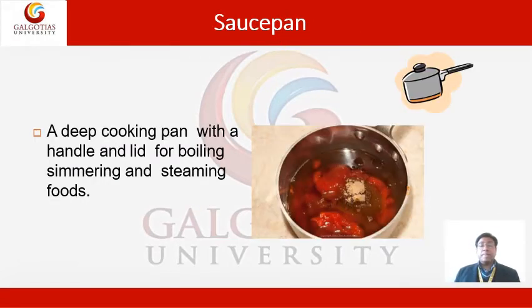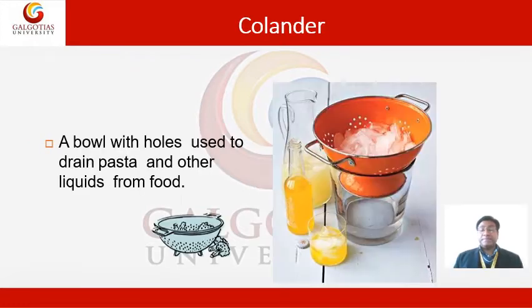Then we have a saucepan, a deep cooking pan with a long handle and a lid for boiling, simmering and steaming food. We are using this saucepan. Then we have a colander. A colander is light equipment for draining liquid. We want the solid, we don't want the liquid part, then we use a colander. For example, to drain the water from pasta or from rice, we use a colander. If we have blanched vegetables and want to throw away the liquid, the colander is used. So, moral of the story, the colander is generally used to keep the solid food and throw away the liquid.